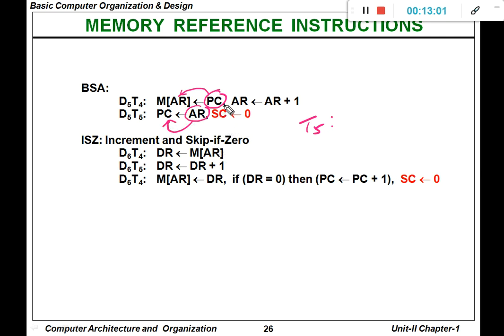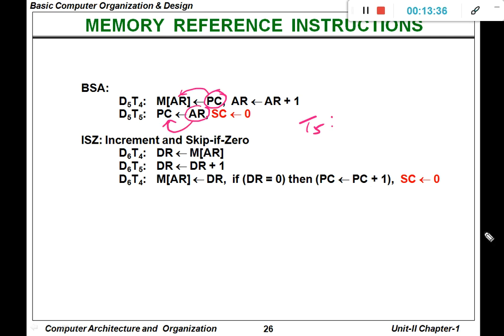So this particular statement recognizes that we are going to store the content of PC to the memory location, and we are going to increment the address register, and then we are going to move the content of the address register to PC. So this contains the return address. So the return address is once again saved in the program counter.